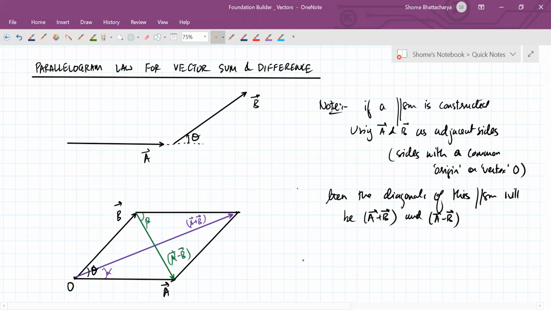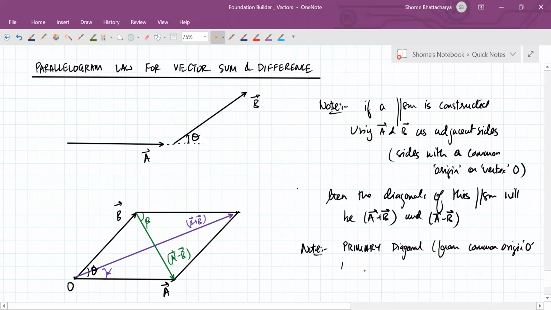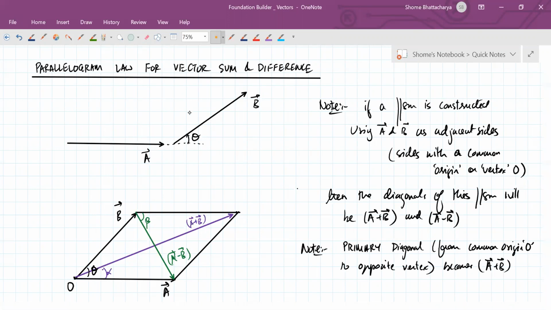So what will happen here is that what is called the primary diagonal, that is from the common origin to the opposite vertex, becomes the sum of the two vectors, A plus B. Whereas the so-called secondary diagonal,